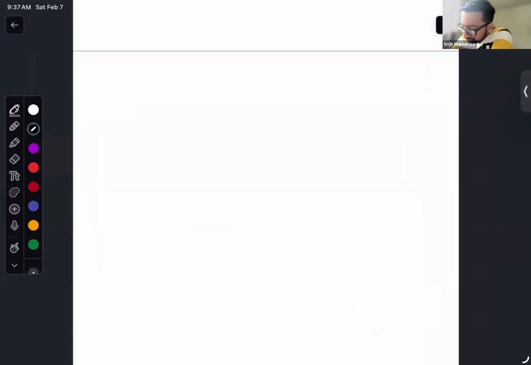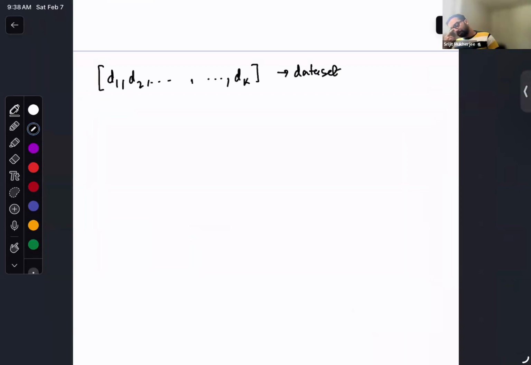So what happens? You have already seen the data set. So each data set is, let's say this is a token data set. Let's say the data set is D1, D2, DK. This is the data set. I'm doing it generally now. Okay. The first step